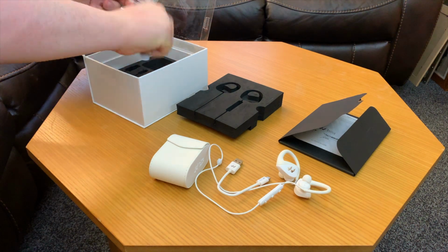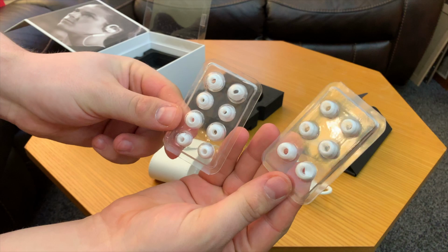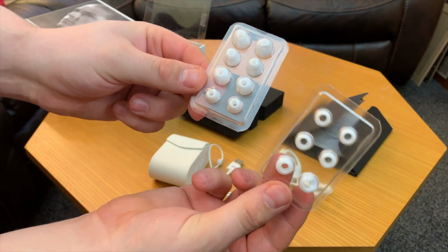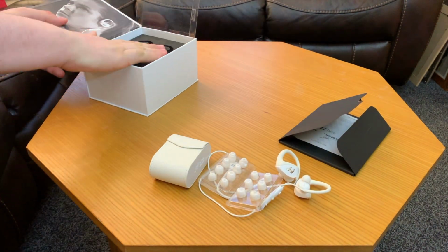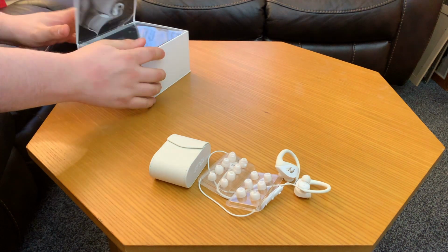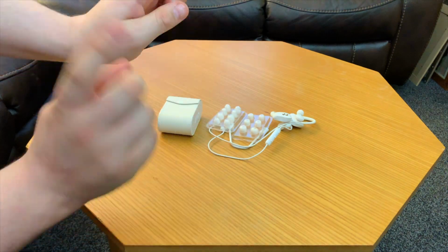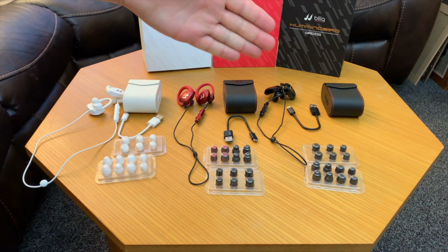You also get in the box some packets of different sized ear cups and shapes, just in case, like me, you have big flapping elephant ears and they don't quite fit. They've got you covered. So that's the inside of that box. Now what we're going to do is I'm just going to unbox the other colours, and then we'll come straight back. Okay, so as you can see, we've now got them all unboxed, and all of the colours are now